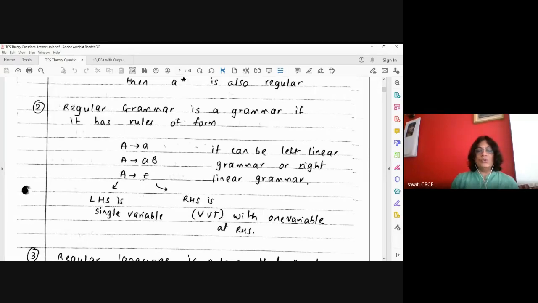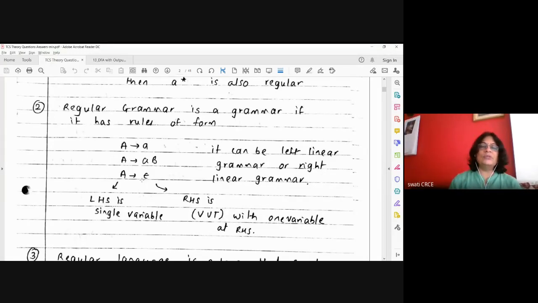Okay, so I'll just revise this again because this is something new and not much background is given to you. We are going to learn the background about it in one of the lectures on context free grammar. But this is with respect to the FA topic, so I am just giving you the introduction. If you're not understanding, try to grasp. We will revisit this again in one of the lectures on Chomsky hierarchy. At least at that time you will understand. For now, just listen to whatever I am saying.